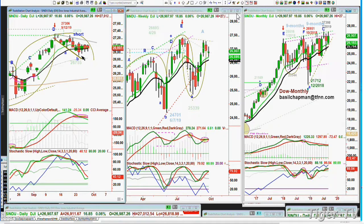Chapman Wave: falling X is a declining cone formation. This resistance here, 27,100. You need to see a move to the 27,200 to say, hey, now we're going to break to new all-time highs. I just don't see the reason for that right now, not in the chart formations, and I don't see it